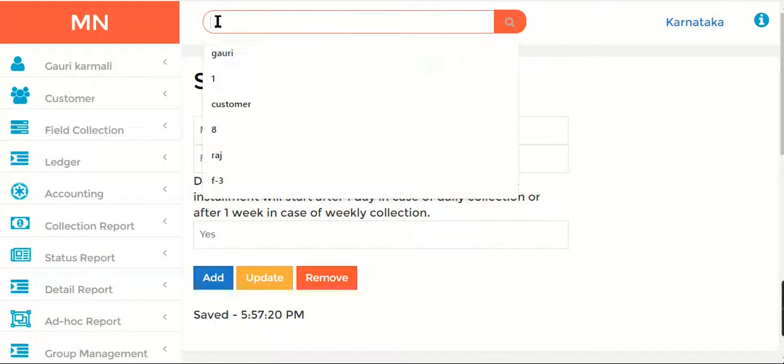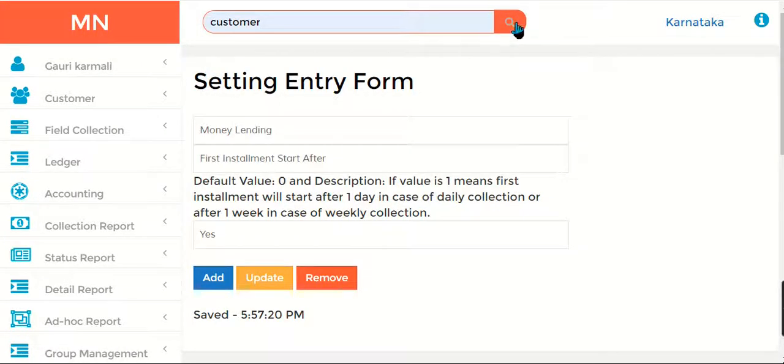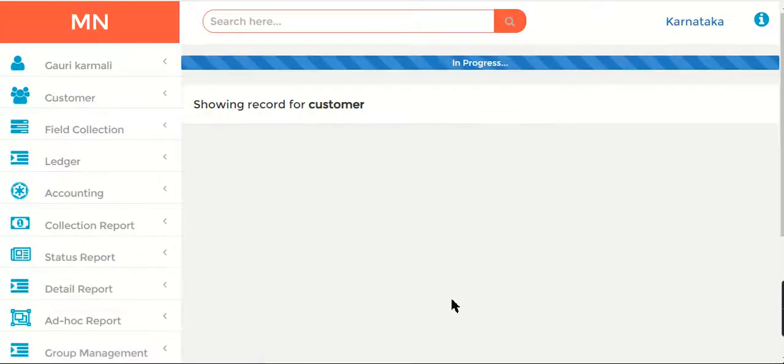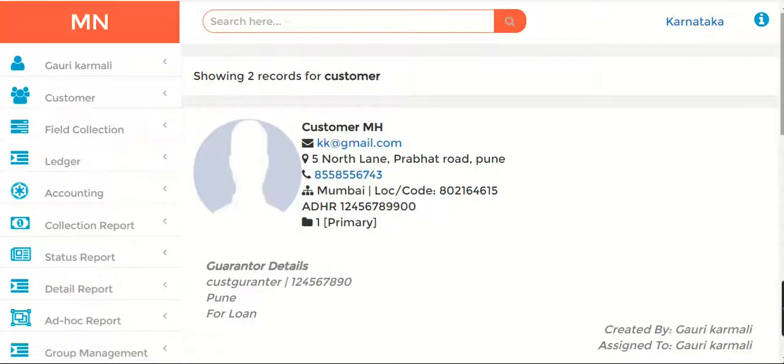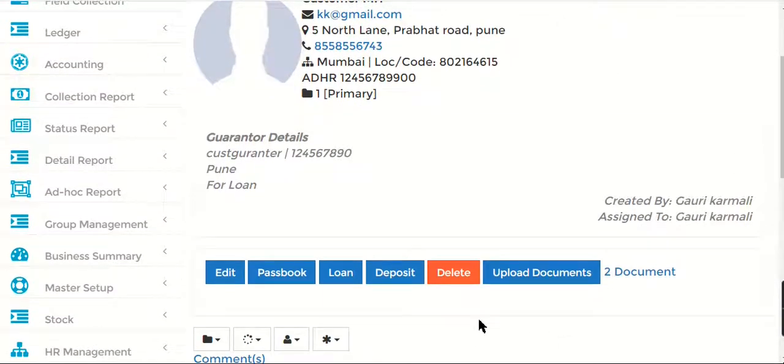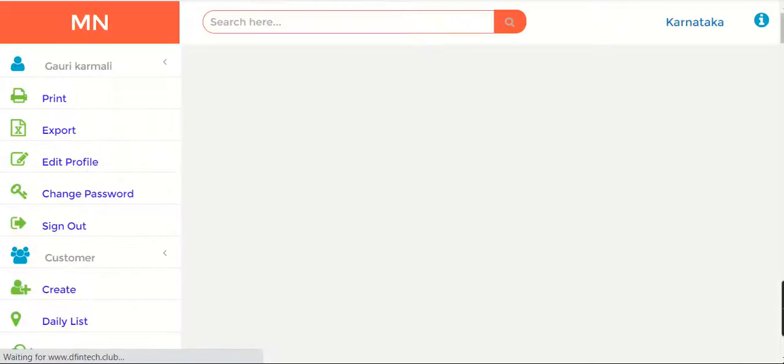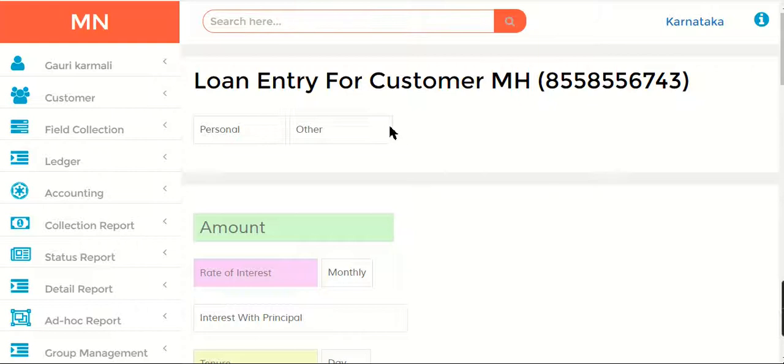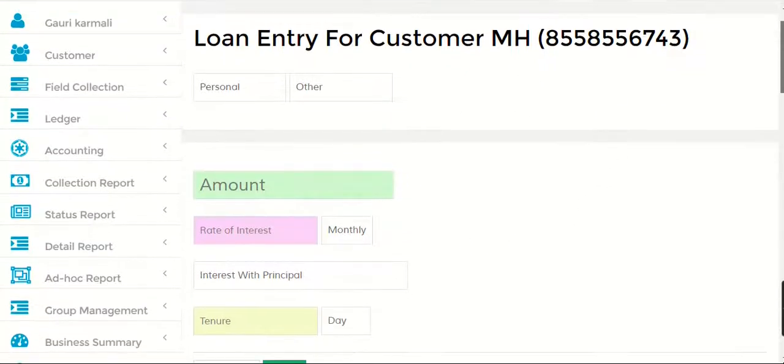So now let's get started by creating a loan. So I'm just going to search for the customer. Let's give a loan to customer in Maharashtra. Okay. So I'm just going to click on loan here. Okay, now loan can be done through two ways. One is configuring manually, and second is through product scheme. So this is how I do manually. I will show you with product scheme as well.